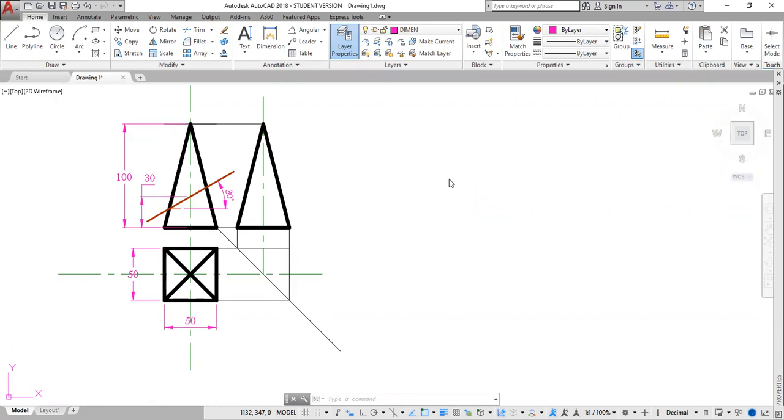At the end of this video, you should know how to draw the development for a truncated square prism. Okay, so here we have a square prism, which is being cut at a distance of 30 millimeters and at an angle of 30 degrees. So our main task is to reproduce the